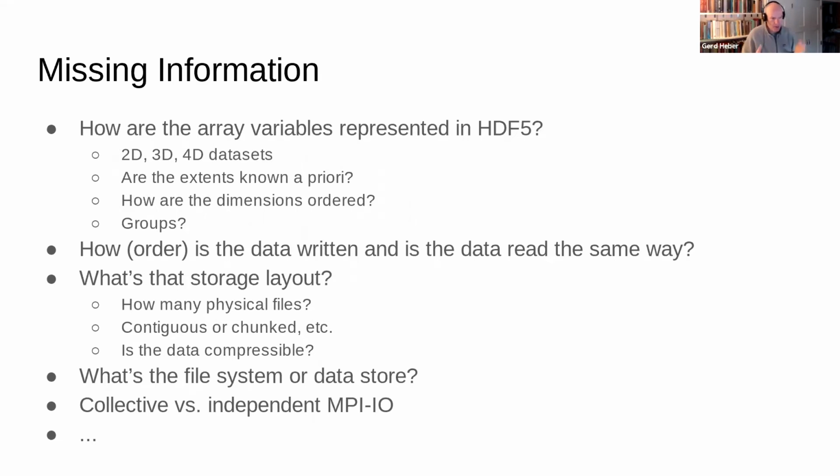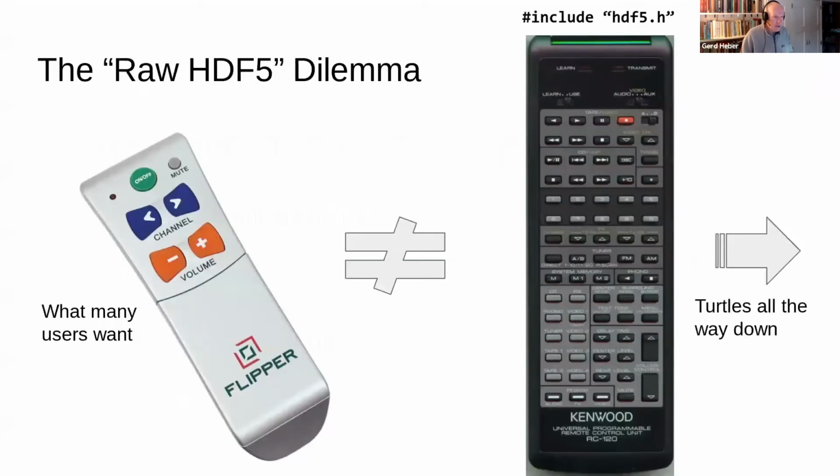But then when we talk about things like MPI-IO, we can think about different modes, collective, independent. I haven't even talked about, as most of you know, there are different versions of HDF5, different release versions of the software. That might be another dimension. So there are just lots of variables to think about. Now,